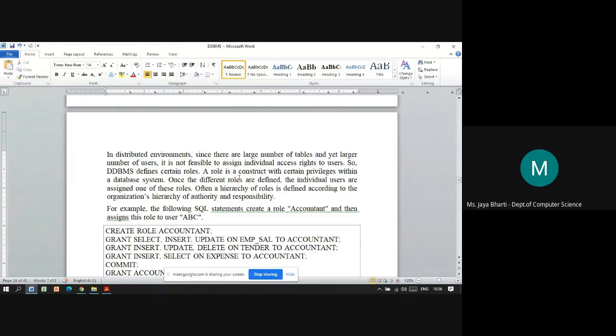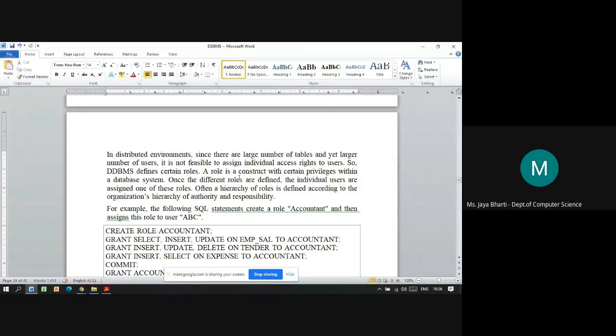Once a role is constructed with certain privileges within a database system, for the admin role, all the operations can be done. At the user role, the database can only be viewed. Then at the programmer level, he can create a table and modify the table.